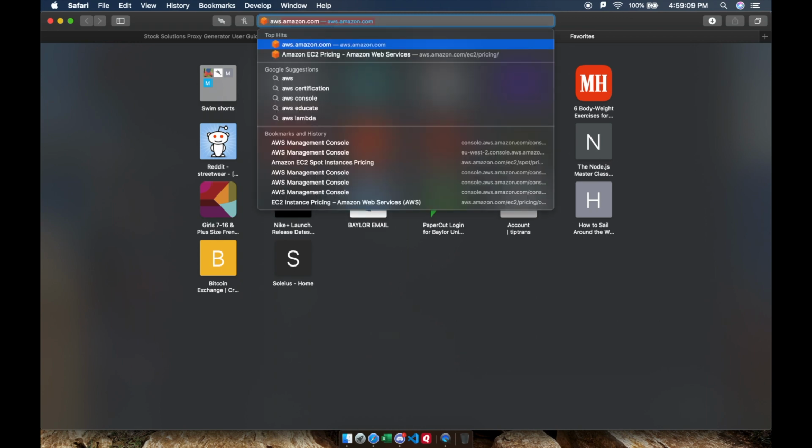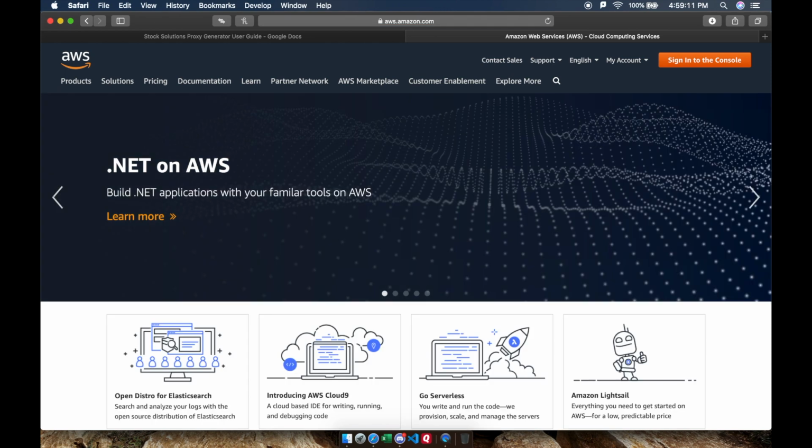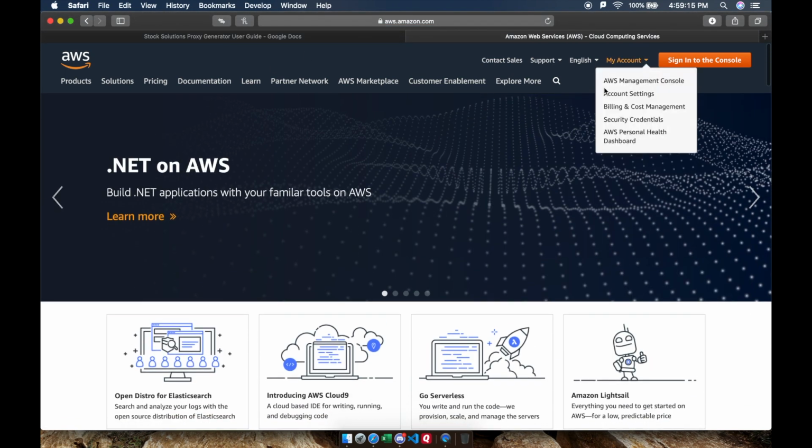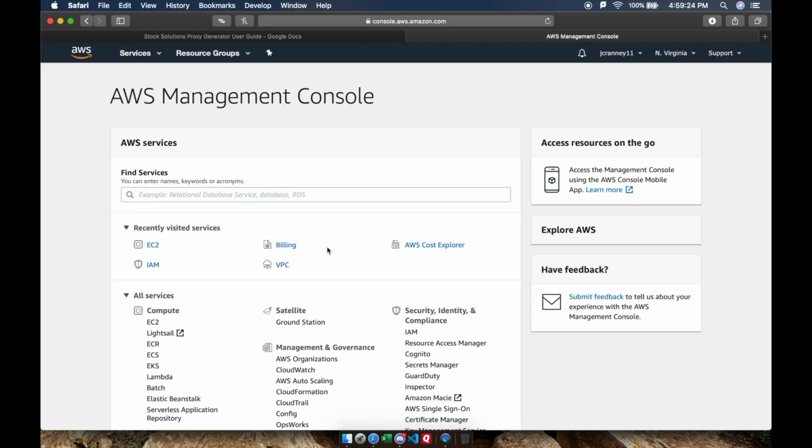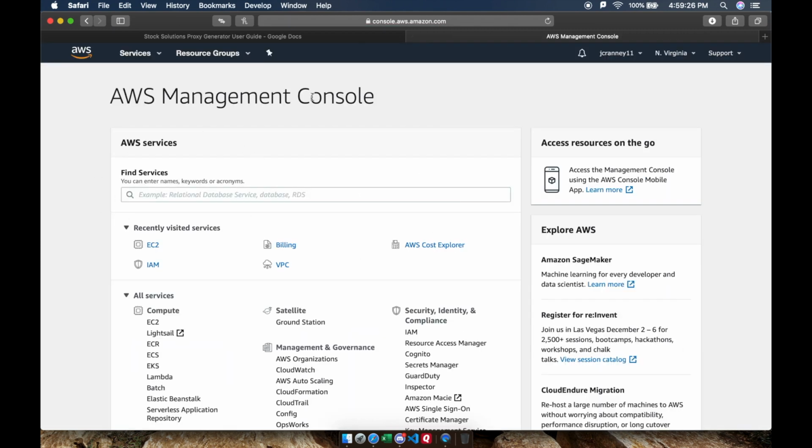If you just go to aws.amazon.com and click enter, you're going to see this screen. If you don't already have an account, obviously make one. It's pretty simple. It's your basic info. But once you have your account, sign into the console, and your console should look something similar to this. To get your credentials, click your username here, and then go to my security credentials,